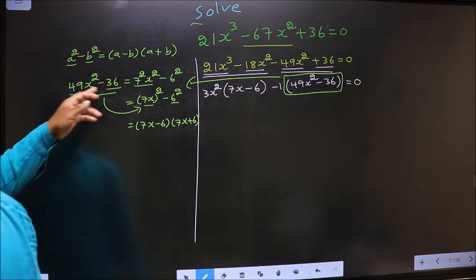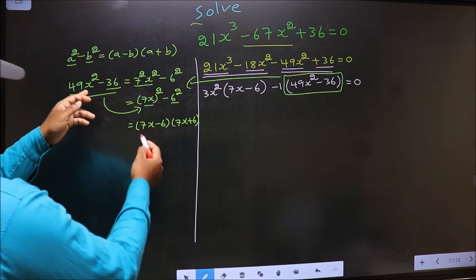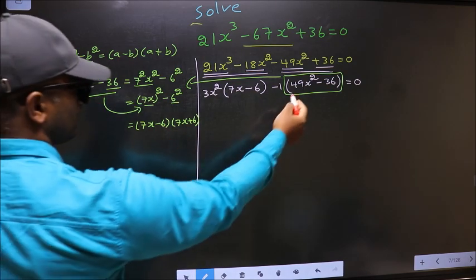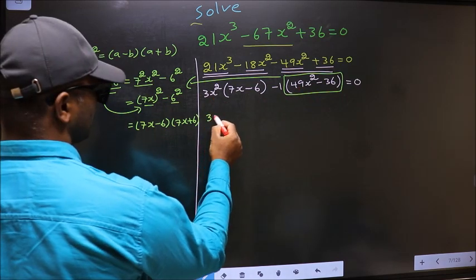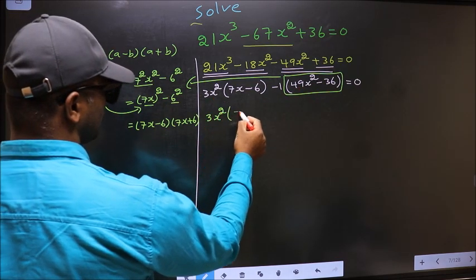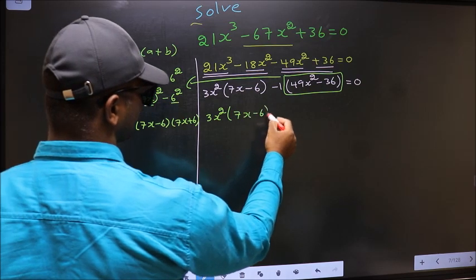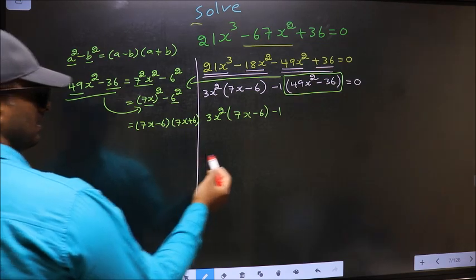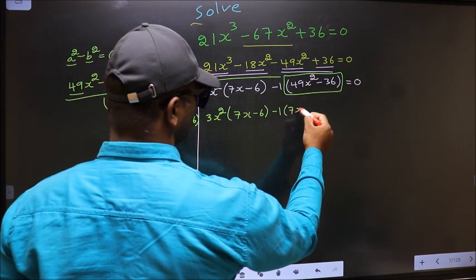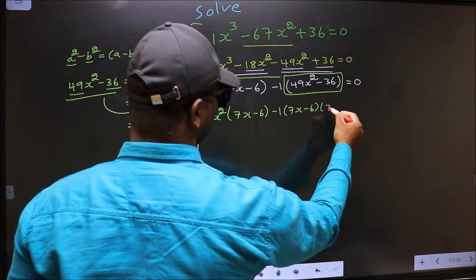Now in place of this quadratic, we should write this over here. So this equation now becomes 3x square 7x minus 6 minus 1, in place of this 1, 7x minus 6, 7x plus 6